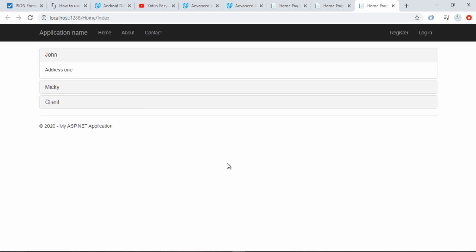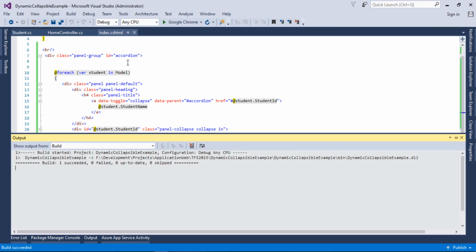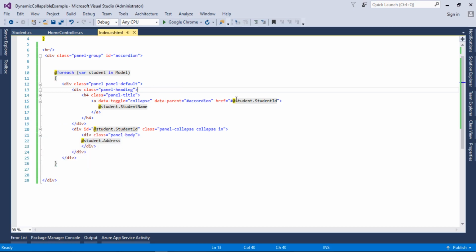So that's how you can generate dynamic tabs, and it is very useful in scenarios where we need to dynamically display the content of the application. It is very easy to render, but you need to focus on the IDs and the href elements that we want to represent.